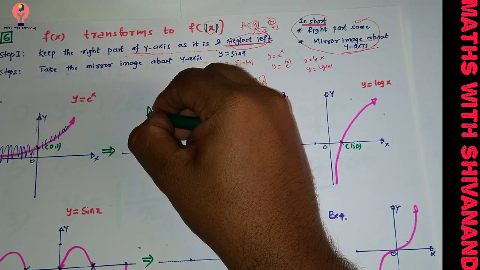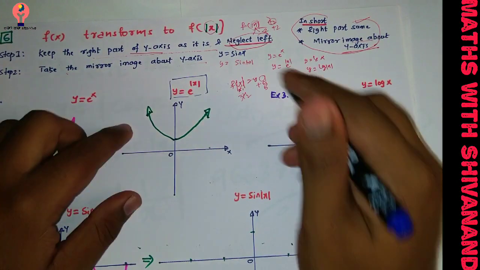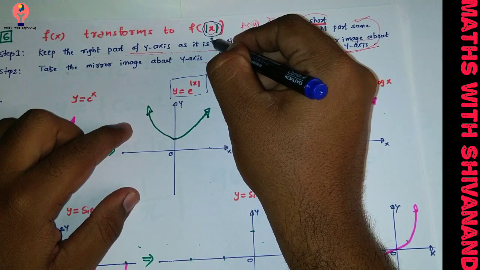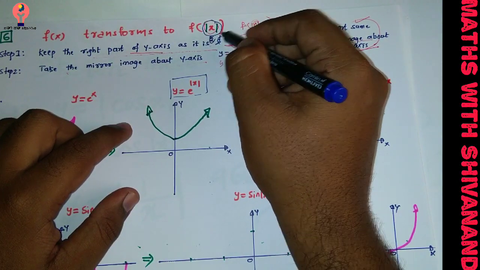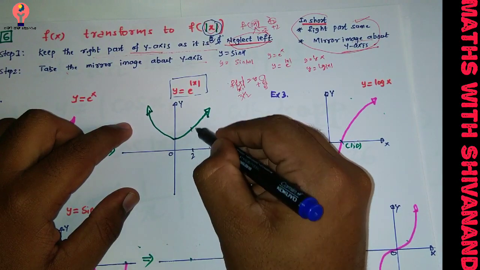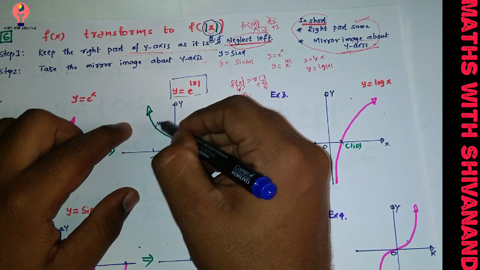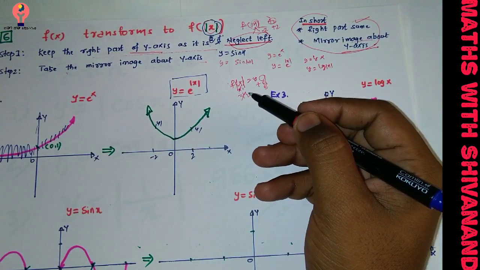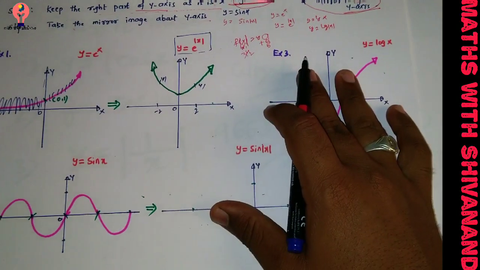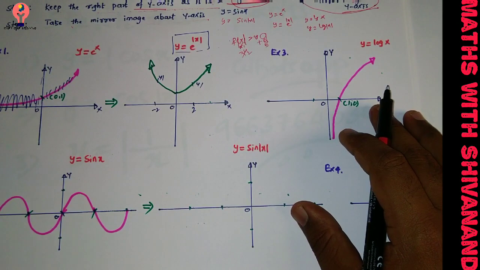Here you can ask the question: why should we take the mirror image? Because when f of mod x is there, you are assigning positive values as well as negative values, but your value of y remains the same. If you apply +2, it gets some y1 value. If you apply -2, the value of y1 remains the same. Because of that I need to take the mirror image, that's all, right? So I will have one more curve here. It's a very beautiful curve. Maximum JEE questions have appeared on this.